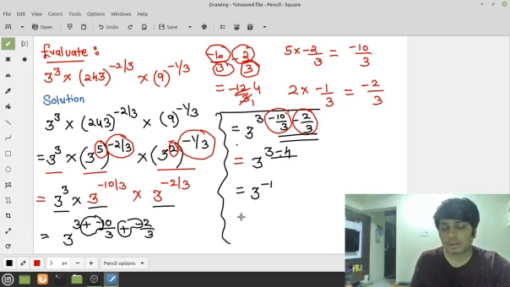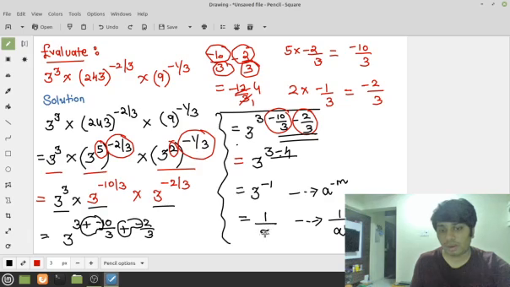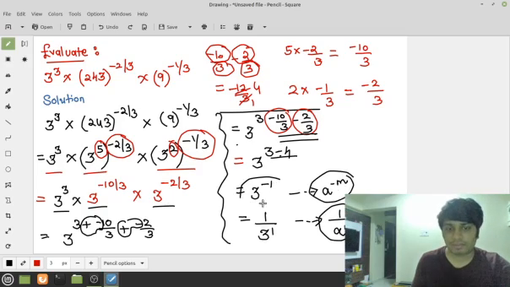It's minus 1, right? So let's convert it into a positive index, because whenever the question says evaluate, we always have to convert it into a positive index, right? So 3 raised to minus 1, you can see here that it is in the form a raised to minus m. You know that to convert a negative index to a positive index, you take the reciprocal of the base. So you remember this formula. 3 raised to minus 1 can be written as 1 upon 3 raised to 1. What is the final answer here? 1 upon 3. I got this answer.